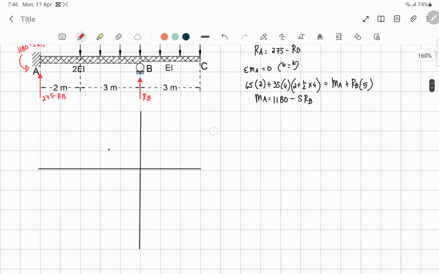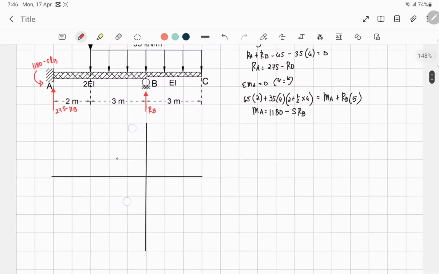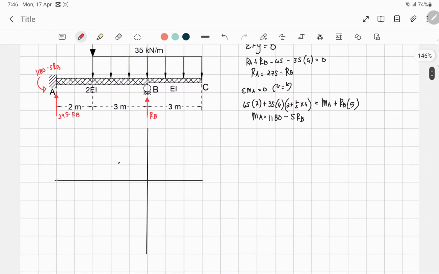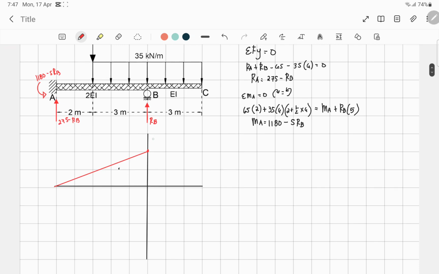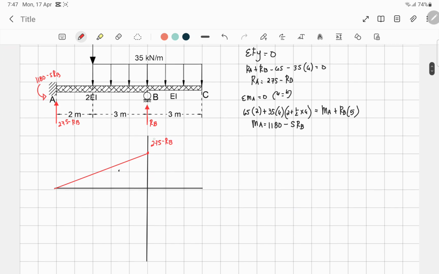Okay, so yan. So we have the reaction at A, which is 275 times RB. Triangular lang yan, 1 degree. Okay, and then ang magnitude niya dito is 275 minus RB times 2. Okay, 275 minus RB, times 5. Okay,